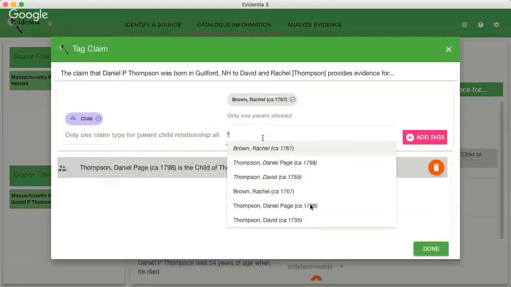A little bit different here is the parent-child relationship. So the claim that Daniel P. Thompson was born in Guilford, New Hampshire to David and Rachel Thompson provides evidence for all parent-child relationships from the side of the child. I'll show you when I pull up reports later on that the reports will correctly reflect the parent-child relationship, but when you're tagging the relationship, you'll always pick child or foster child or biological child or whatever, and then you'll